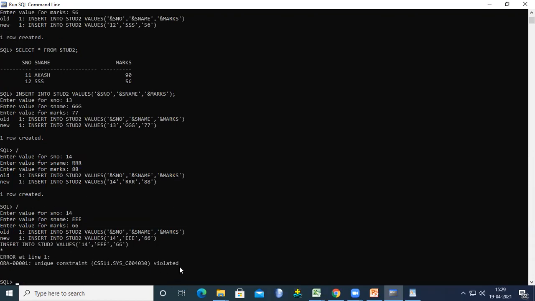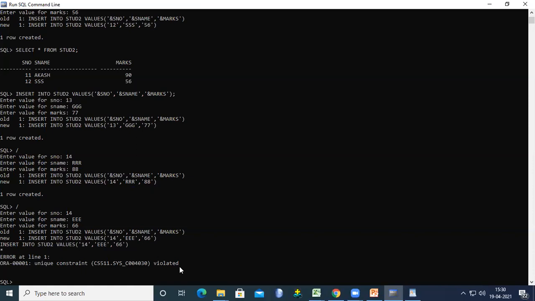In the morning session, we already discussed this: domain constraint, entity integrity constraint, referential integrity constraint. In this way we create the primary key, and that is the purpose of the primary key. It eliminates duplicate values, maintains unique values, and is used to easily identify the data from the table. I hope all of the members were able to understand how we set the primary key. In the morning session I explained what a primary key is. Please remember this, it is an important concept from the exam point of view also.